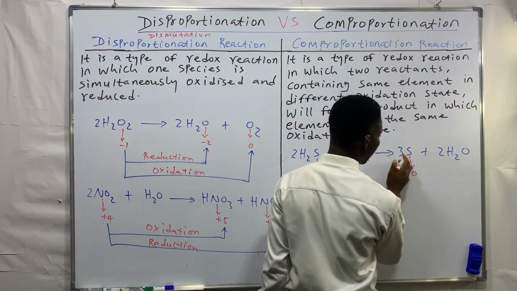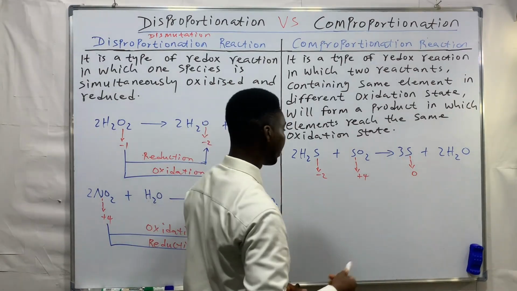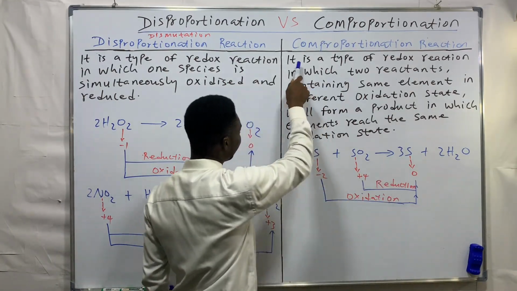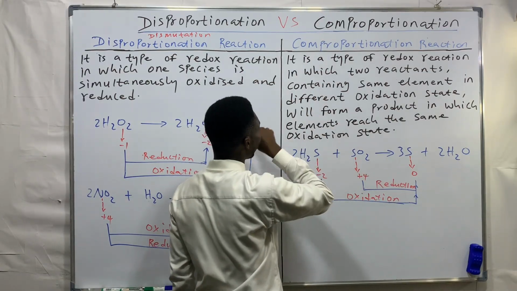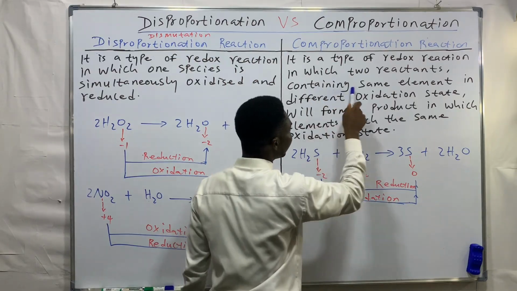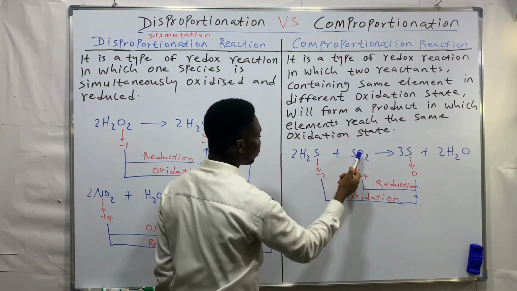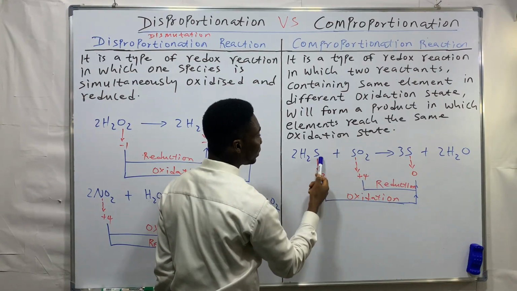Here, the element in the free state is 0. The oxidation number of sulfur here is 0, element in the free state. So let's go back to the definition of coproportionation reaction. We say that it is a type of redox reaction in which two reactants containing the same element in different oxidation states